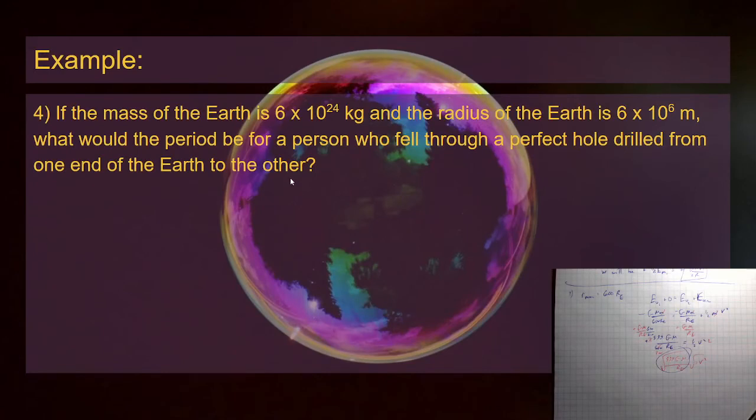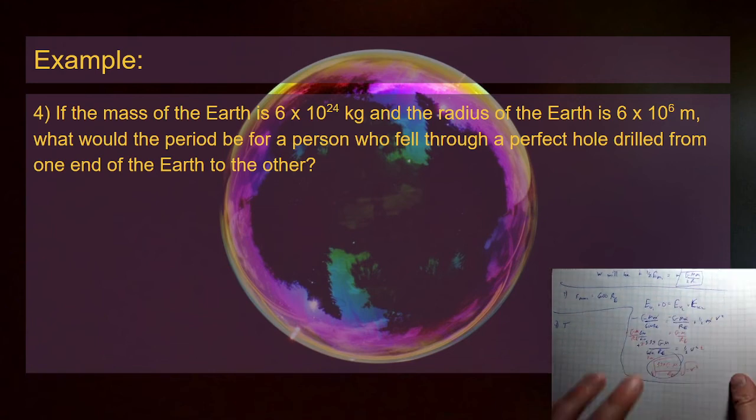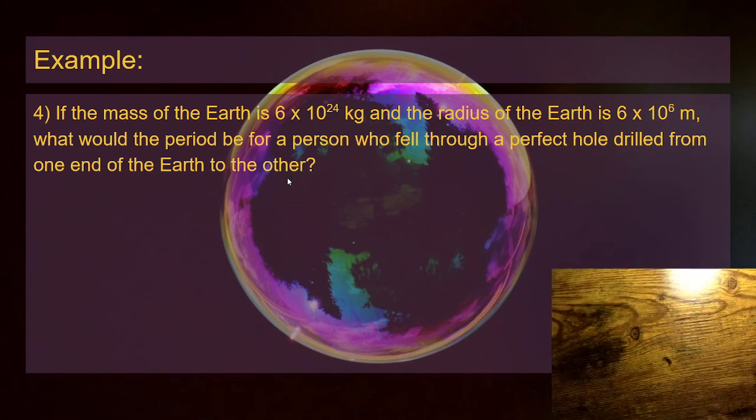Mass of the Earth is 6 times 10 to the 24th kilograms. The radius of the Earth is 6 times 10 to the 6 meters. What would the period be for a person that fell through a perfect hole drilled from one end of the Earth to the other? Thankfully, we've already done all the math out for this one. Our period, if we look at our earlier equations, is going to be equal to